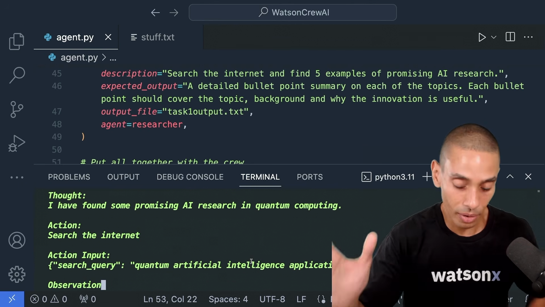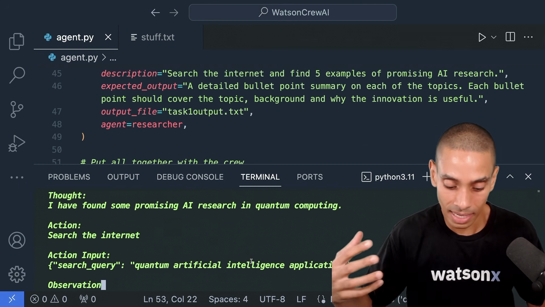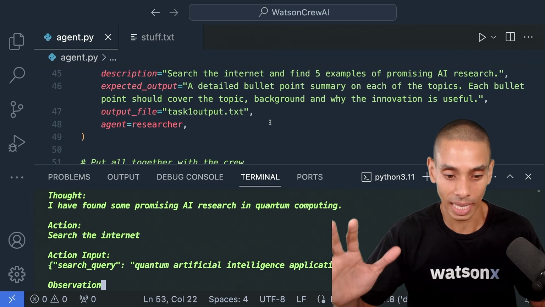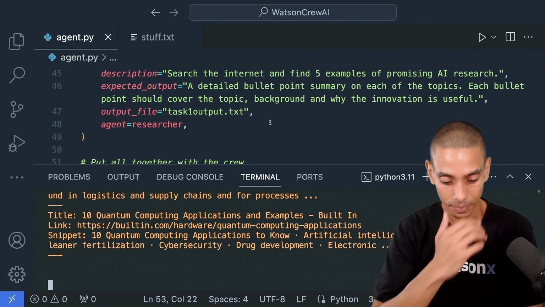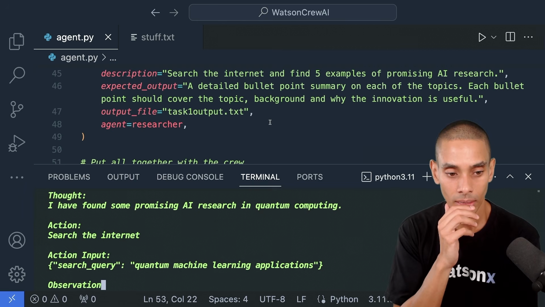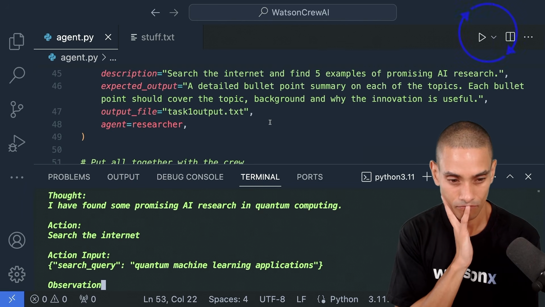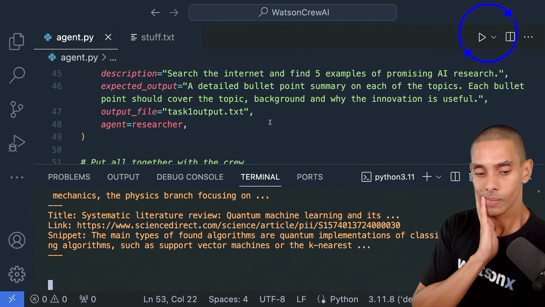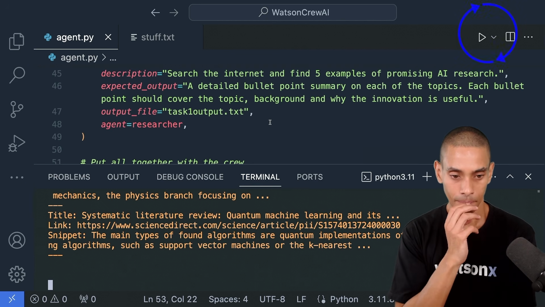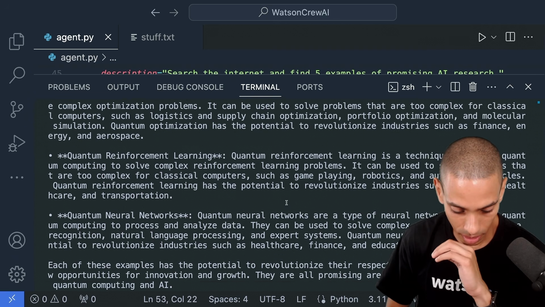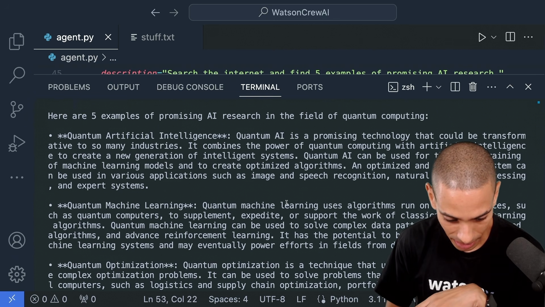So once it's collated everything it needs, it should generate the bullet point summary of the research that we want. So let's just let that run for a little sec. You can see that we've got a bunch of other research coming back there. And take a look, we've got our response back. So you can see that we've got all of our output down here.